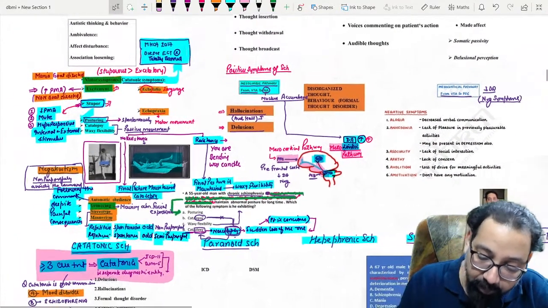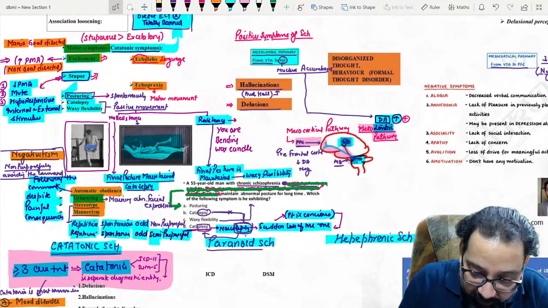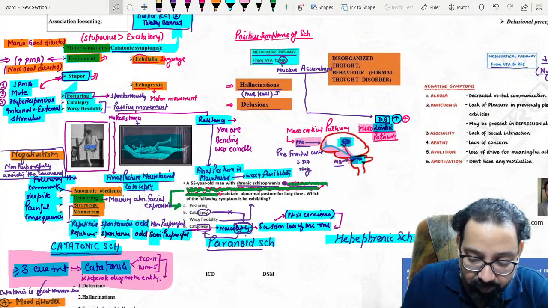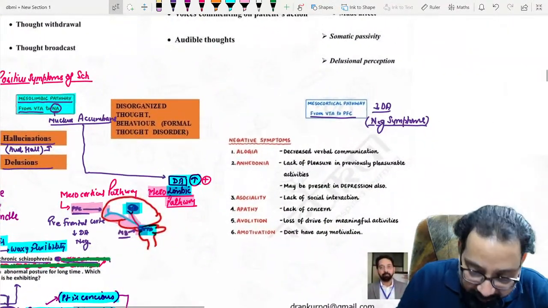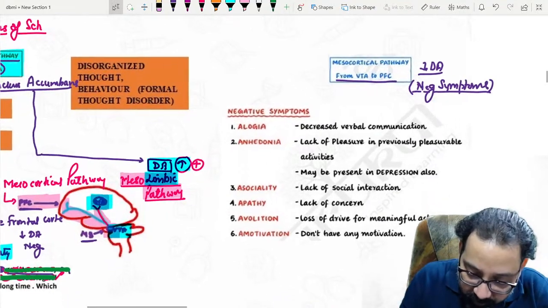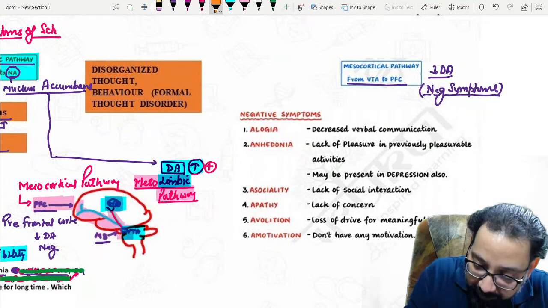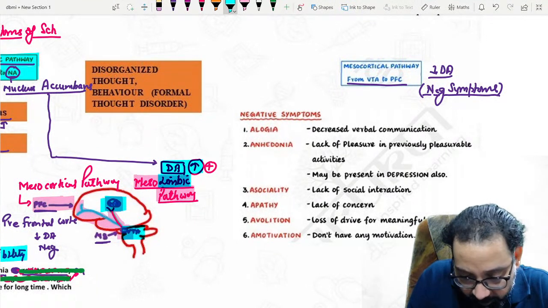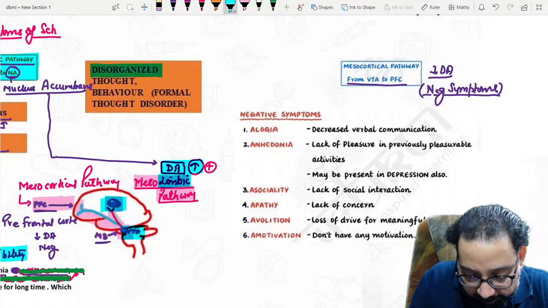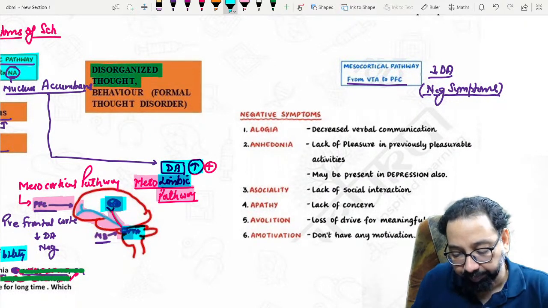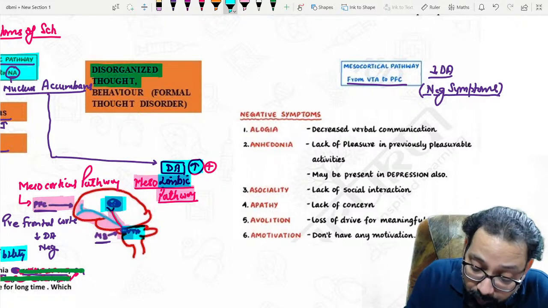But even now, ICD-10 says that in schizophrenia the symptoms may be catatonic symptoms, positive symptoms, negative symptoms, and disorganized symptoms. What I said? Disorganized symptoms. Four types of symptoms are there. One is disorganized symptoms. It may be disorganized thought. If you remember disorganized thought, I told you formal thought disorder,